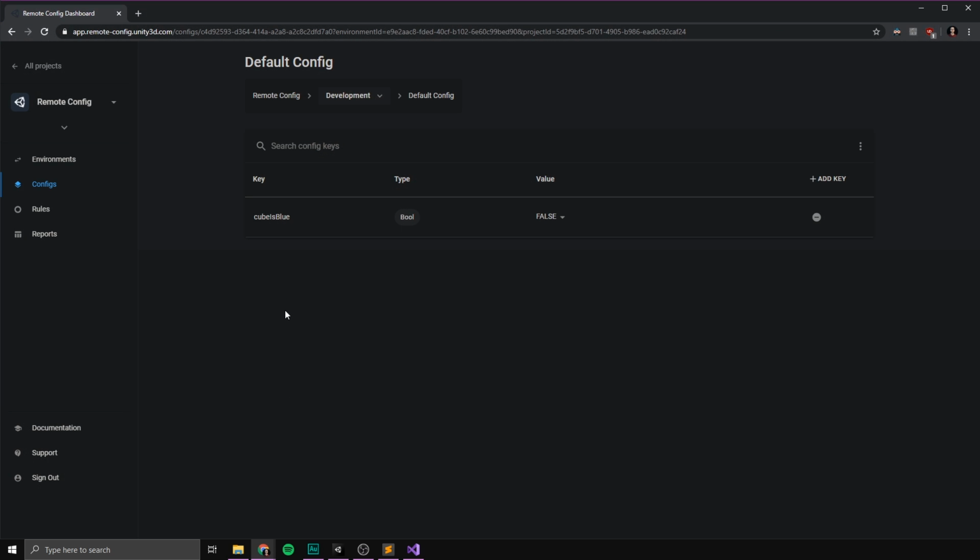Let's open up our dashboard here, and let's start off by adding a new key. For the key name here, I'm going to type enemy spawn rate. I'm going to set the type here to a float, and I'm going to enter a value of something like 0.3. Let's hit add in order to add that key. Let's go ahead and add another one. This one is going to be the enemy health. For the type here, I'm going to set it to integer for whole values, and I'm going to set the health to something like 40. Let's again hit add. And now all we need to do is fetch these variables through script. So let's save this here and hit confirm.